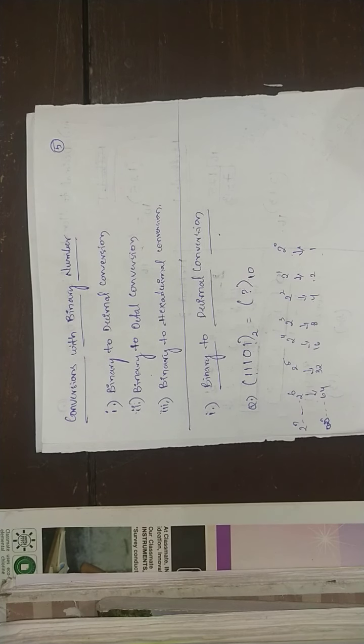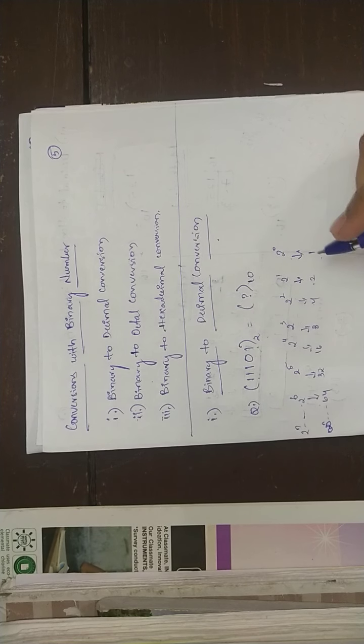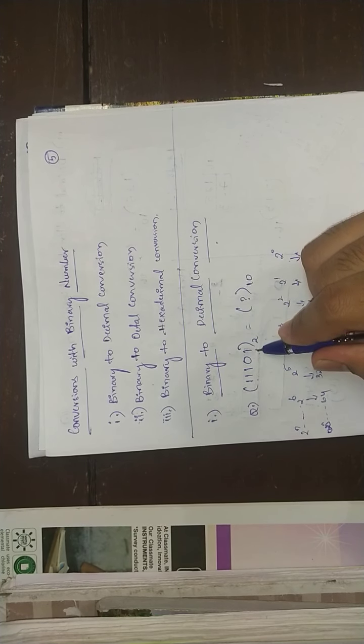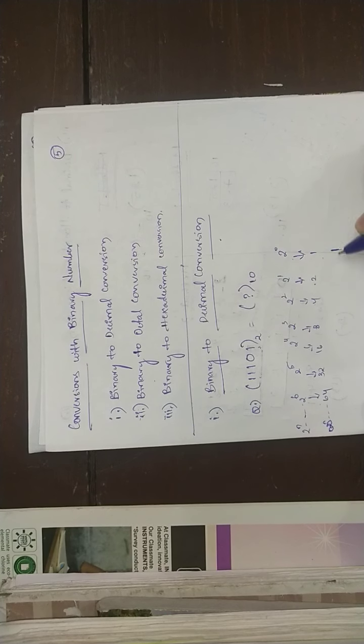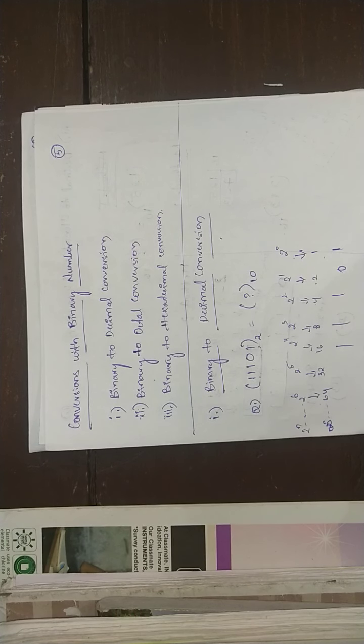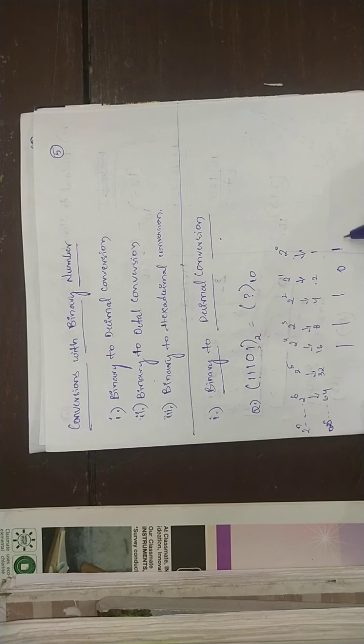Okay, now here what you have to do is write the numbers from right to left. These numbers you have given, 0 and 1, here 1 0 1 1 1. Okay, what is this value? 2 power 0 is 1, plus 4 plus 8 plus 16. 16 plus 4 is 20, 20 plus 8 is 28, 28 plus 1 is 29, that is 29 base 10.